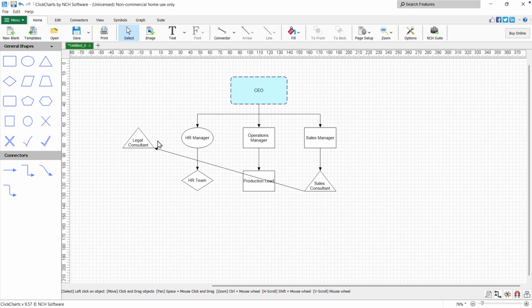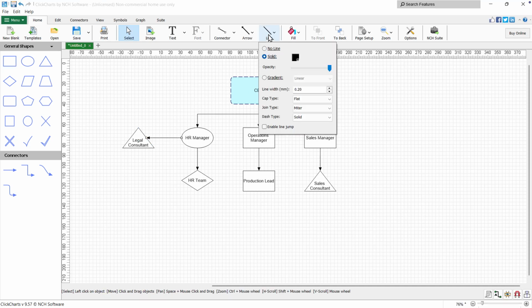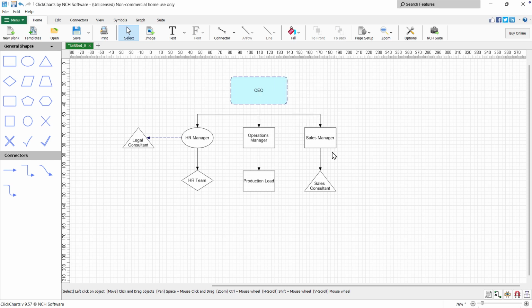To edit a connector, click the line to select it. Drag the square handles to adjust connection points or reshape the connector. Click Line to change the connector's color and line style. When your organizational chart is complete, click Save to